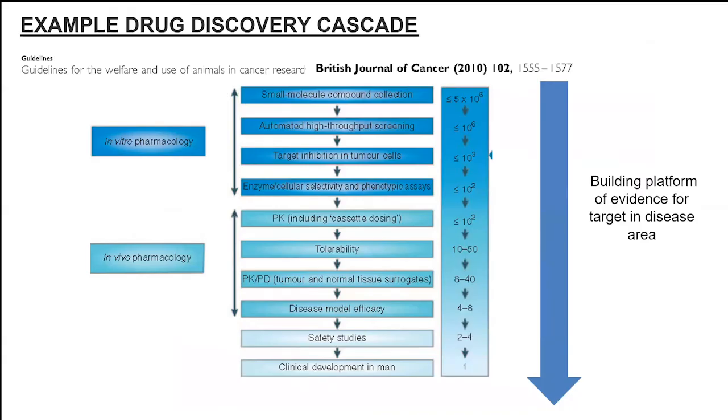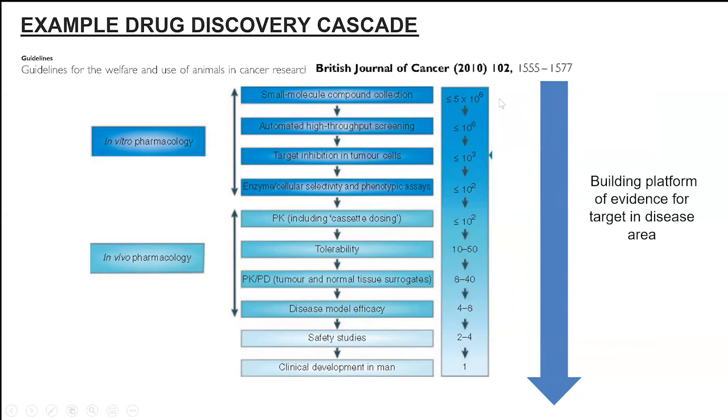So what does it take to get a molecule ready for in vivo? This is an example of a drug discovery cascade for a small molecule. The top half of the cascade highlights the in vitro pharmacology, and the bottom half highlights the type of assays that are run in the in vivo pharmacology. And if you look at the right-hand side, you can see